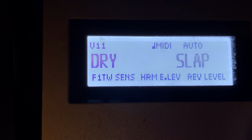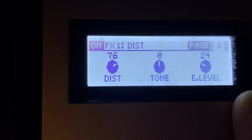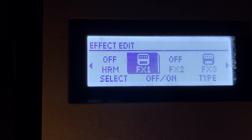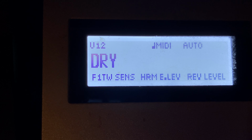Now this one has a distortion on it where I'm at 70, I've got the tone in the middle, and I've got the level about 25. Again, you'll see dry mix coming through at 5. I've just got a slap back on it so I can use it when the track's getting a bit heavier and I just want to cut through a bit more, in that kind of aggressive way, as us vocalists like to do every now and again. So let's get back into this main patch